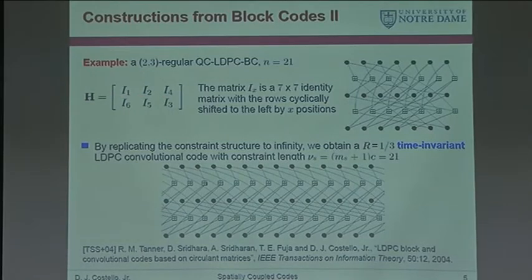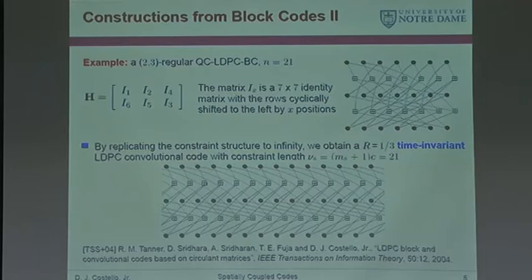identity matrices can be expressed as a monomial, a power of D. So you get an H of D parity check matrix, which is in the transform domain, just like we had G of D for the generator matrices of convolutional codes. And then you can go backwards from H of D to G of D, and then you can reduce that. If you go directly backwards, with this I sub 6, it corresponds to a D to the 6th power, and you're going to have D to the 6th power in G of D, and you're going to say, okay, that's memory 6. But you can reduce that and get a smaller memory that